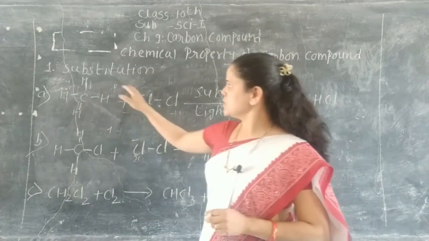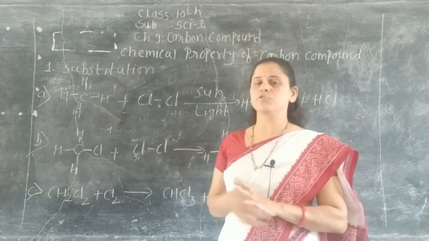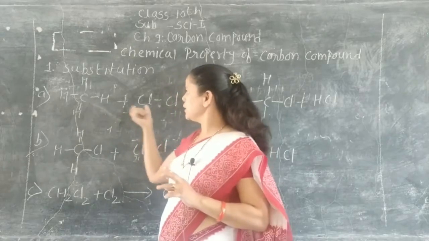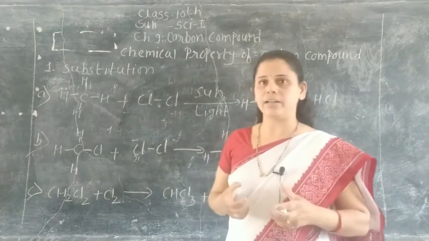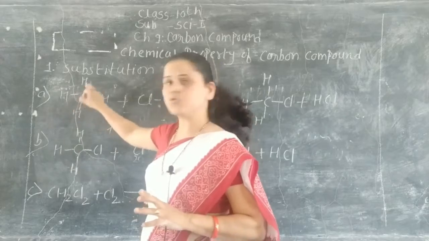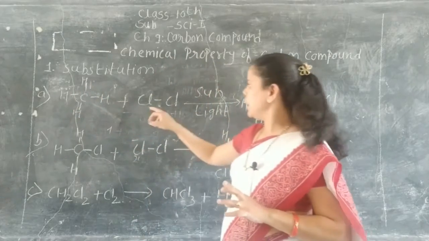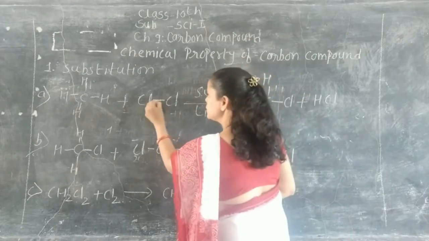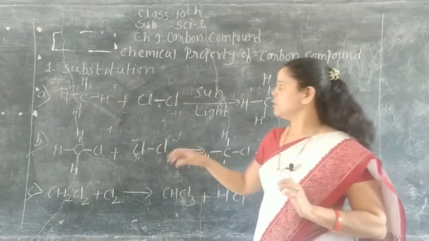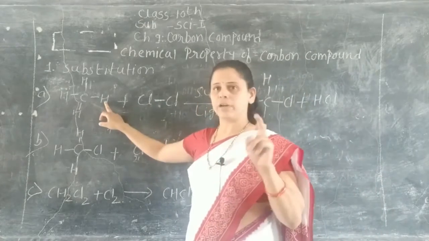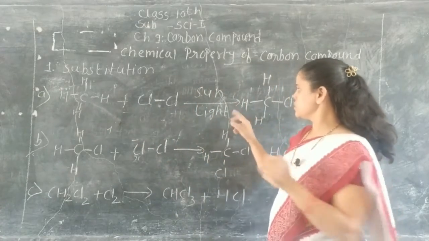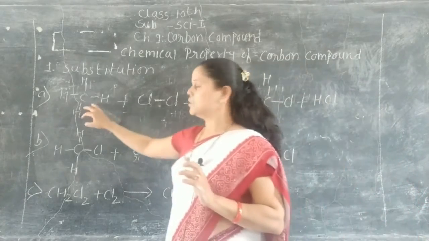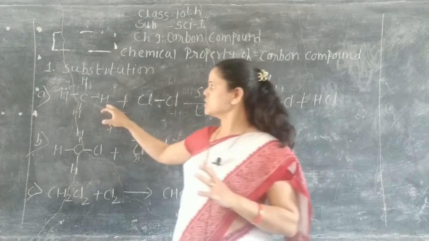The next reaction is a substitution reaction. What is a substitution reaction? In this reaction, one atom substitutes another atom. Let's see one example. CH4, this is methane, and here it reacts with chlorine gas, Cl2. I write it using a single bond, Cl single bond Cl. So here chlorine substitutes one hydrogen. This reaction will occur in the presence of sunlight, because the single bond is very strong, and this is a saturated hydrocarbon.